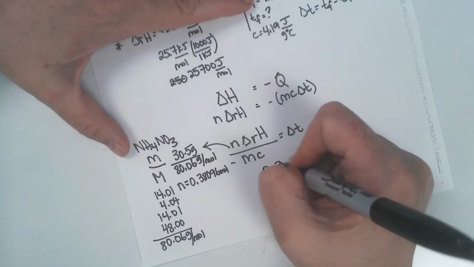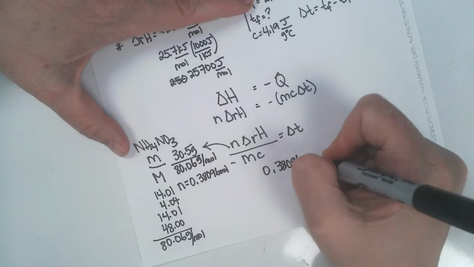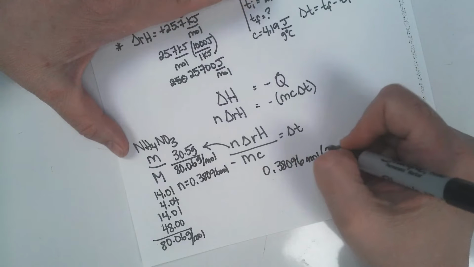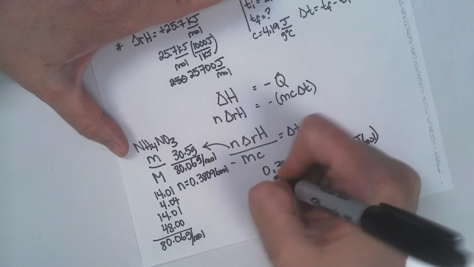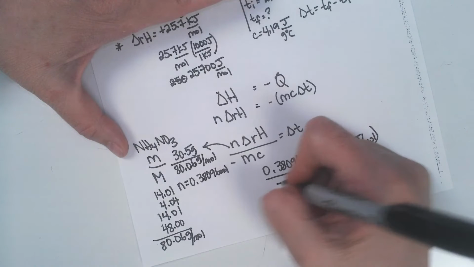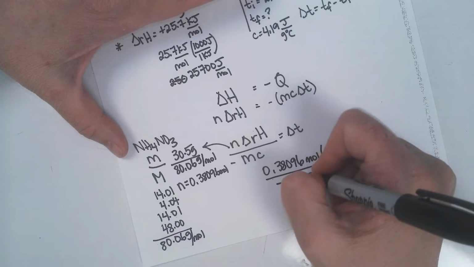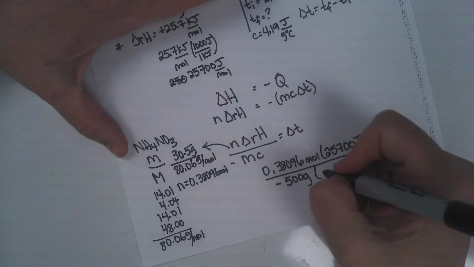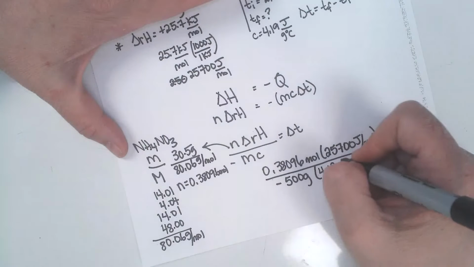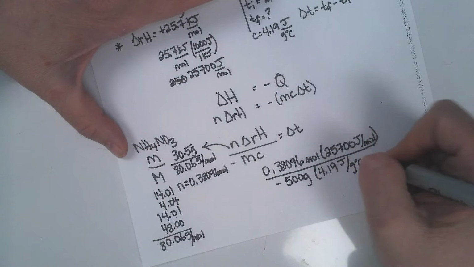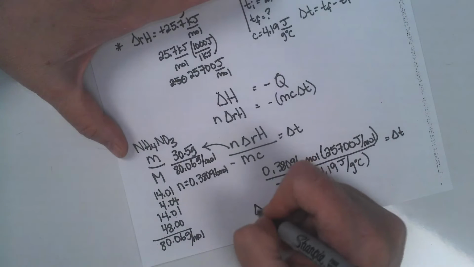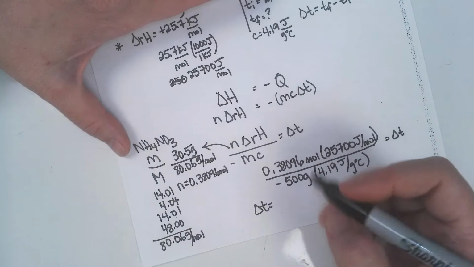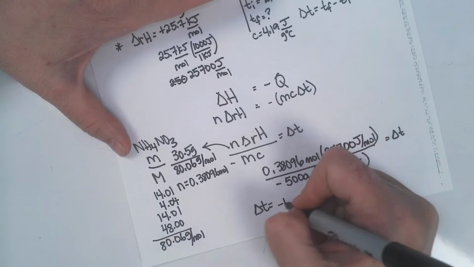So 0.38096 moles multiplied by 25,700 joules per mole divided by negative 500 grams multiplied by 4.19 joules per gram degrees Celsius. R delta T will be equal to negative